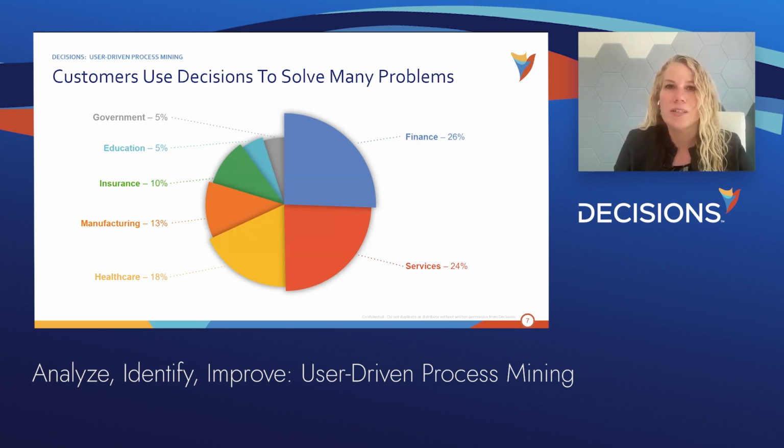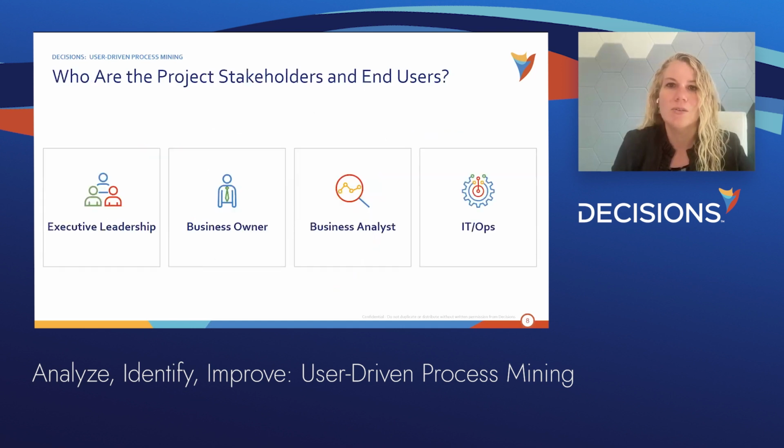But in order to use our technology to solve any of the problems, our customers have one thing in common. They all have to build products that resonate with users. To build those products, we're going to talk about how to engage with those end users. We can engage in two different ways. We can engage with them directly, as I'll talk about, and in true Decisions fashion, we can automate it, which is what Mark's going to talk about, to leverage our data mining to verify, validate, and discover those end user